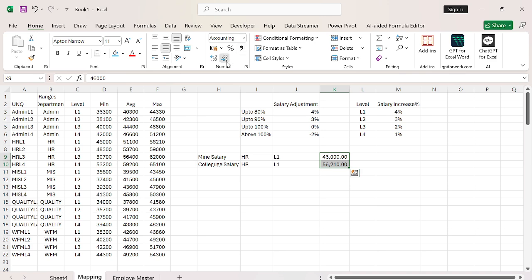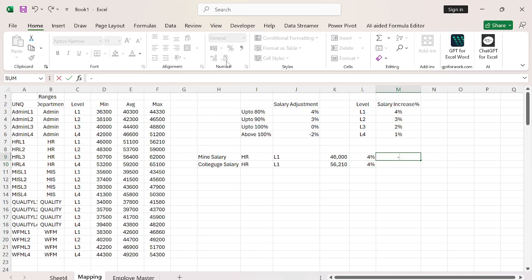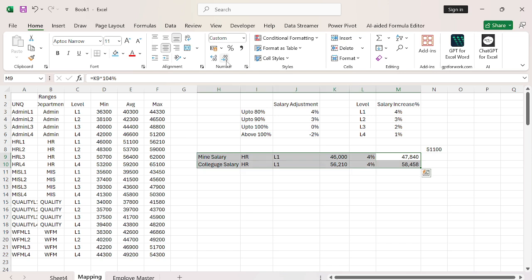Now what needs to be done here: if the company has defined 4% at L1, both staff should get it. If I give 4% on it, 4% on it, that is 1 plus 4%, simple, 104%. Still, as per the approved range, at L1 it is the average salary. There will be discrimination between the two staff in the same company who are at level 1. So just to make it correct,